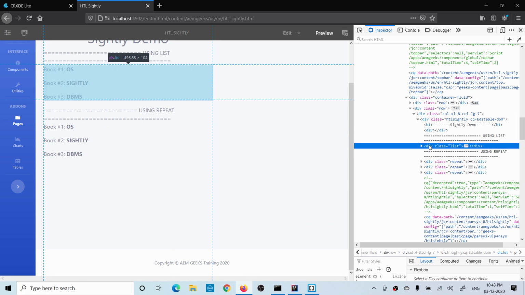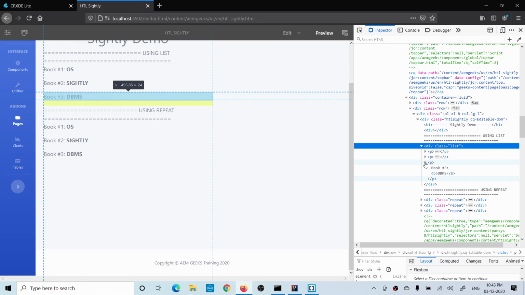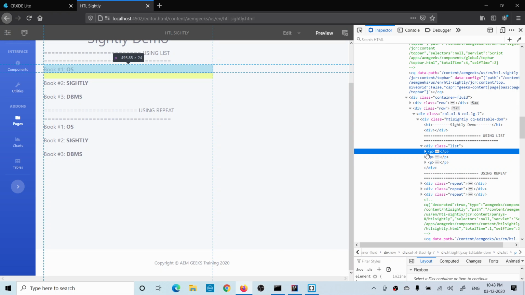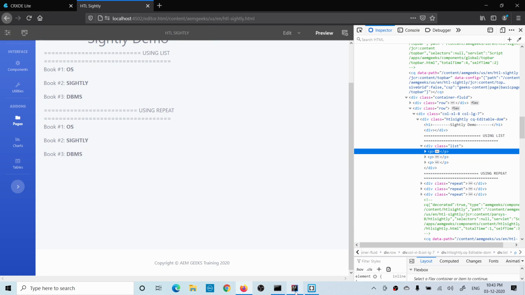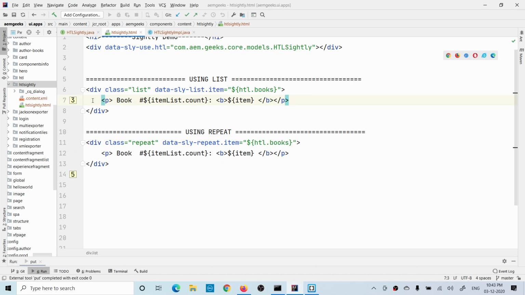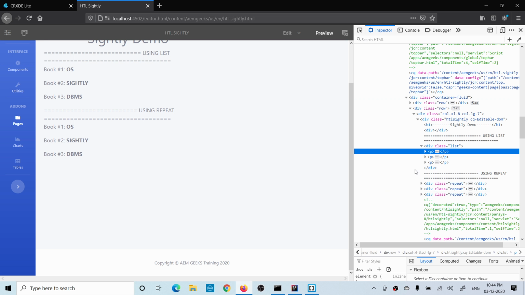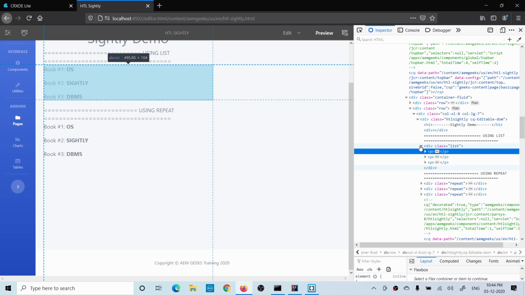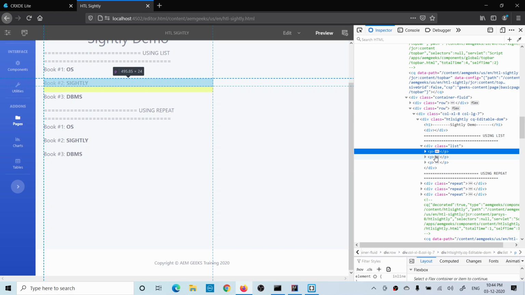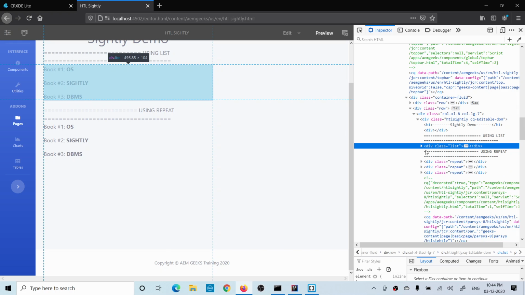So this div, if you see the list, this is the div, and inside the div it iterated the paragraphs, right? Everything I added is inside this paragraph. So this paragraph is iterated, and this list container, what you can call it, is outside and appears once. But in case of repeat, this container is also repeated every time, with each iteration. In case of list it is not. For list I have the parent div once and the inside element is repeated, meaning iterated every time. But in case of repeat, the whole